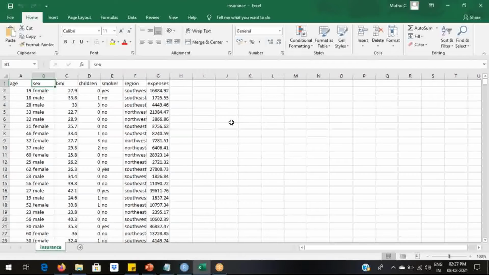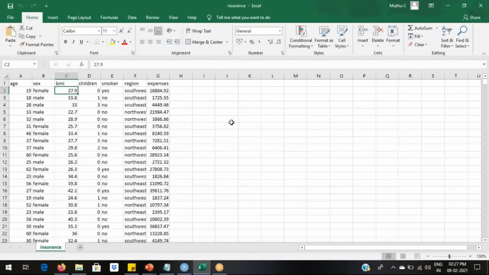So ordinal will come into picture only when we can compare values. For instance, height. Short is less than medium and medium is less than tall, like that. Only in those cases we can use ordinal categorical variables. Here it's a nominal categorical variable.